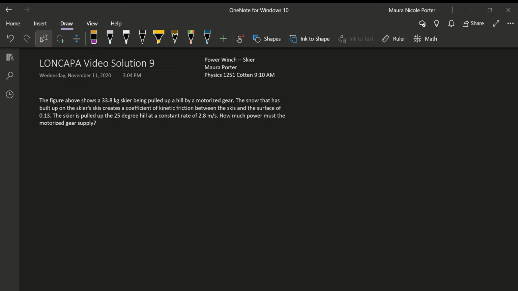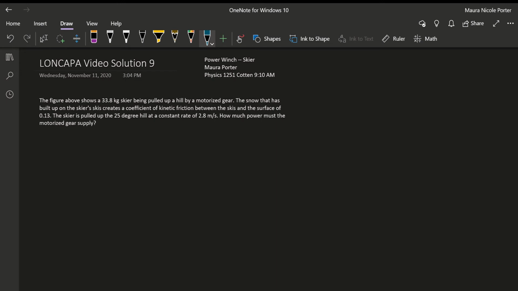Hi guys, so today we're working on the LON-CAPA video solution for problem set 9, and today it's the power winch skier problem. So the problem says the figure above shows a 33.8 kilogram skier being pulled up a hill